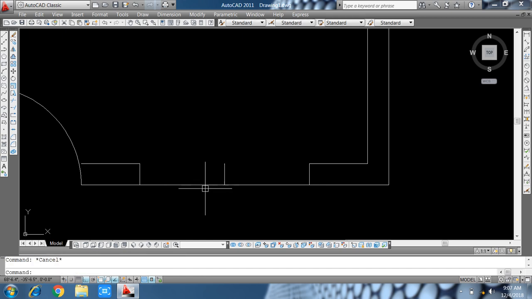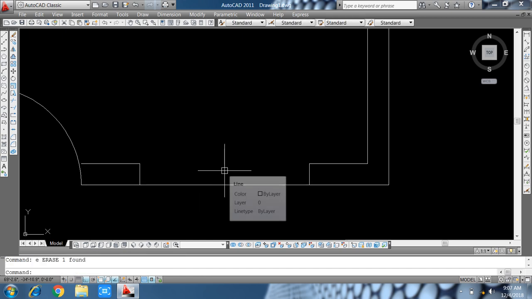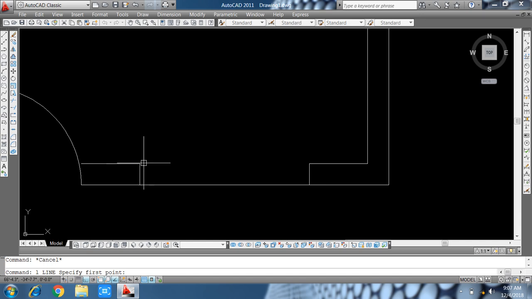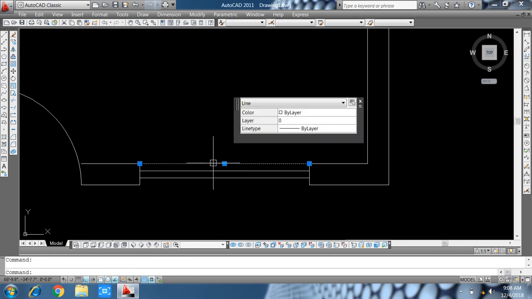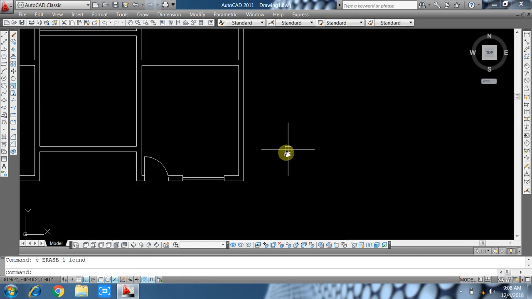Now make another window, offset 1 feet 6 inch, offset 6 feet, and extend it.